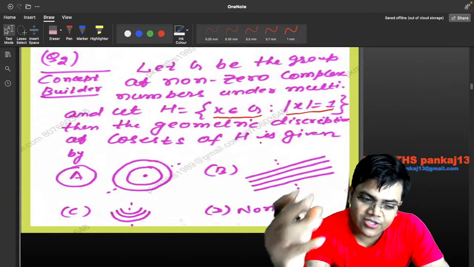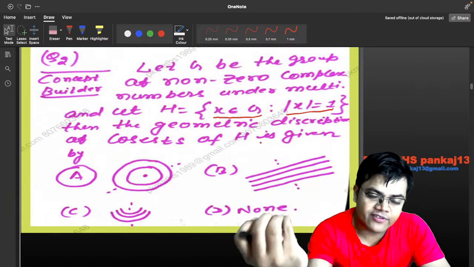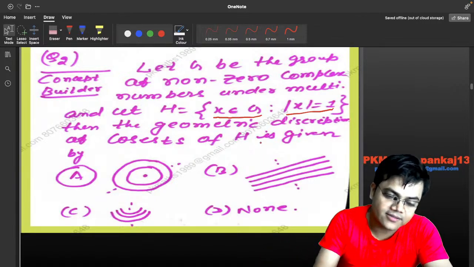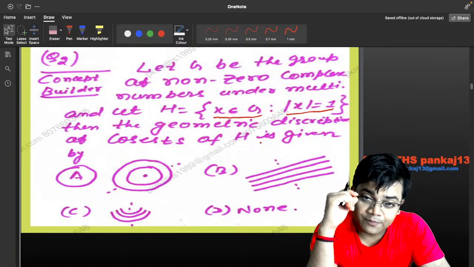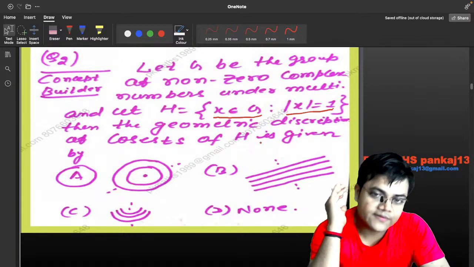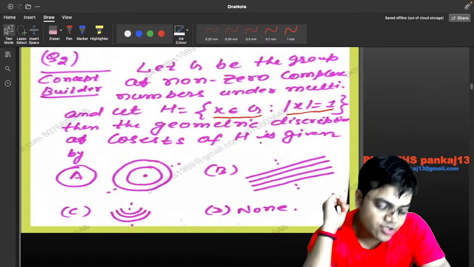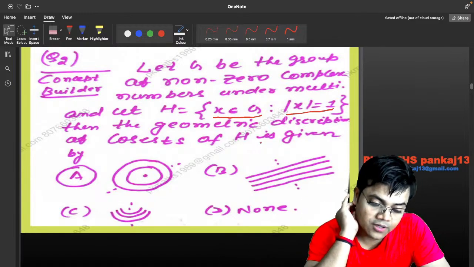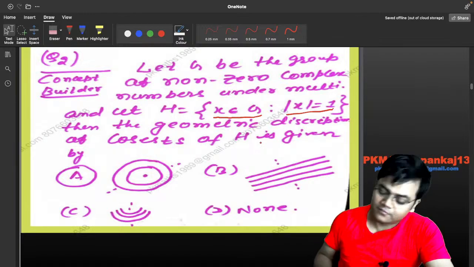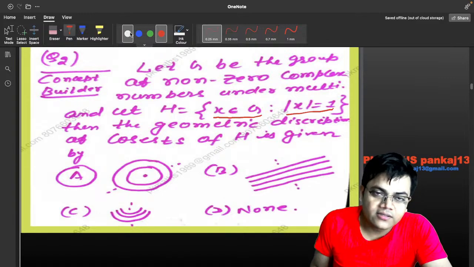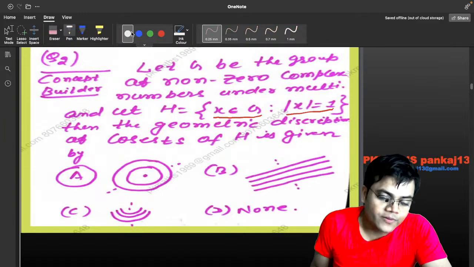So don't worry, it is completely based on the very basic definition. So you don't need to worry at all. You will be able to do it within seconds, and it will give you a clear-cut picture of what quotient actually means. The actual meaning of quotients will be there in front of you after doing this. So intuitively I will give you the answer within seconds, but we'll do the clear-cut proof as well. Waiting for your response. If you want a quick solution, then you may write pass.